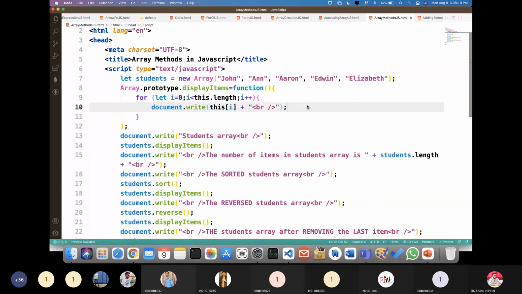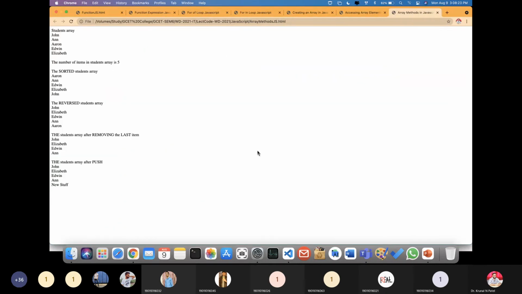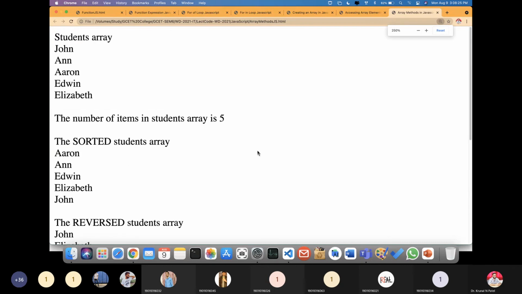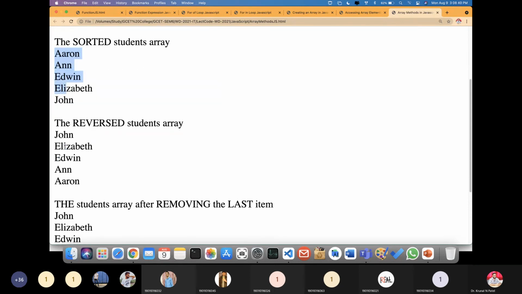So suppose I execute this code, you can see the outputs like this. First of all, with our students array display items method, all the students are displayed. The total number of students is 5. Here we are displaying the sorted array.